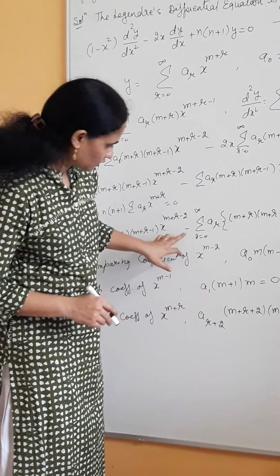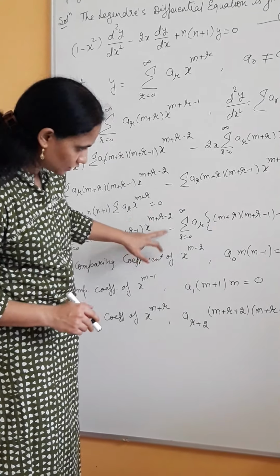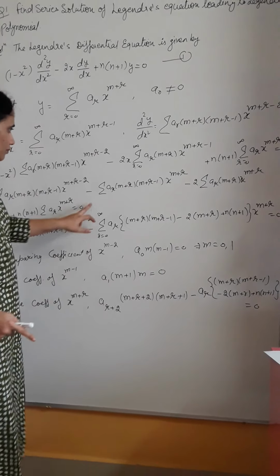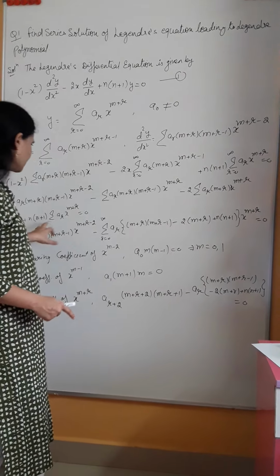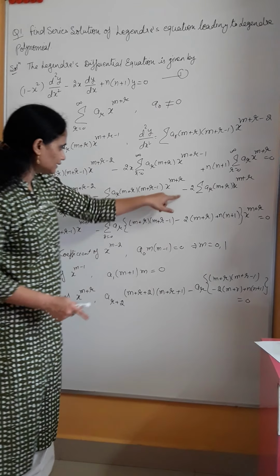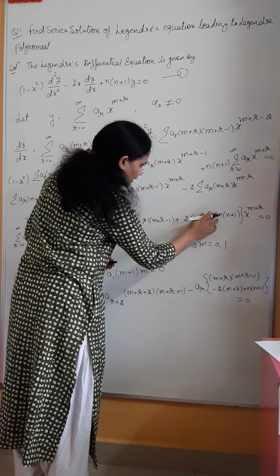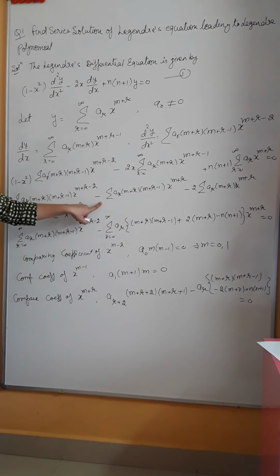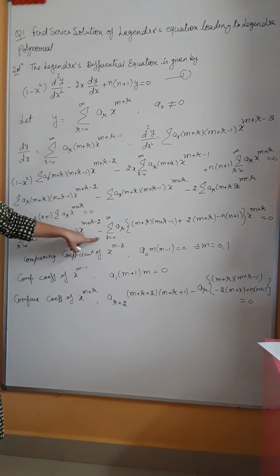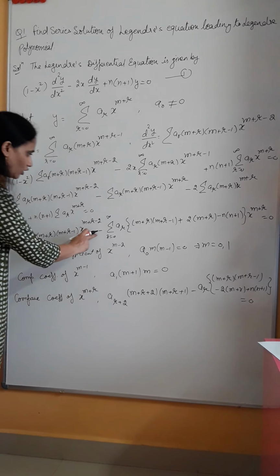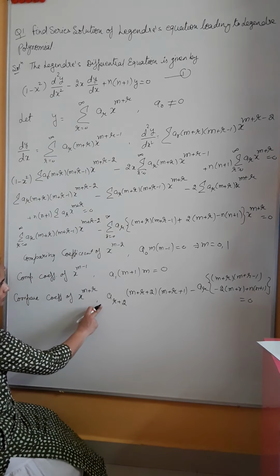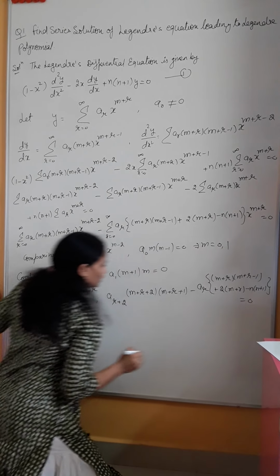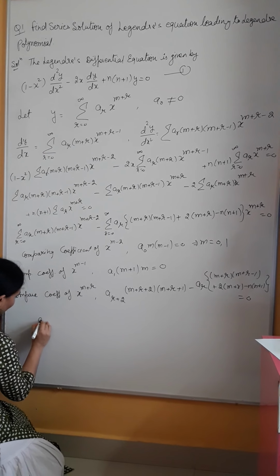So here I think we have missed one sign. If I have taken the minus sign common from these three terms, this sign will change. This will be plus and this will be minus. When we are taking the same powers together, from there only you should make this change. So accordingly this term will also change here. So this is plus and this is minus. So let's simplify this. What are we getting?